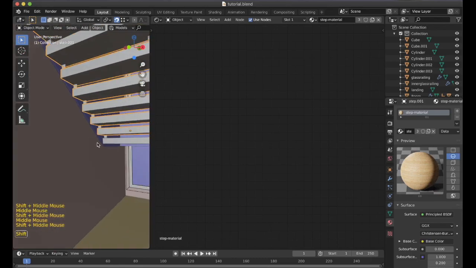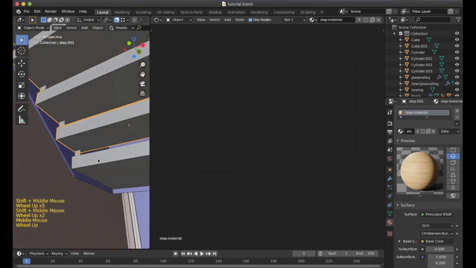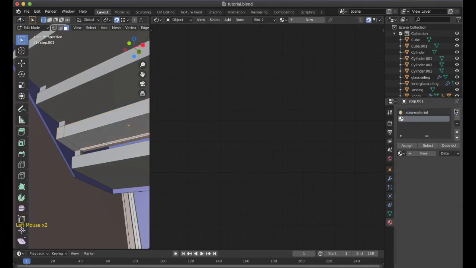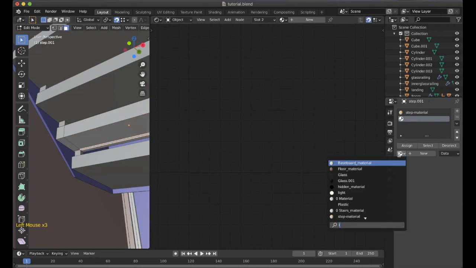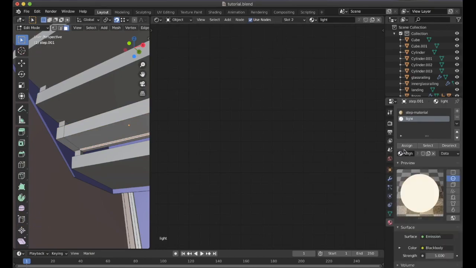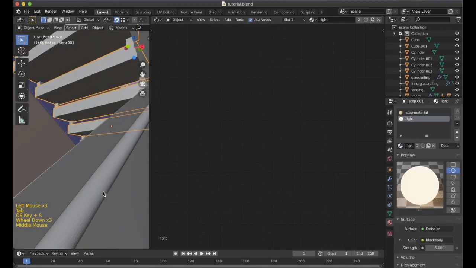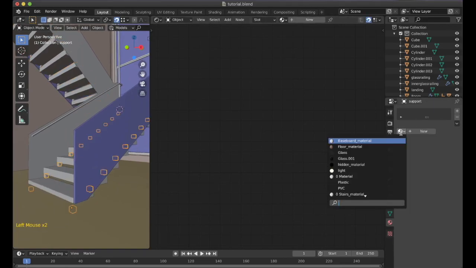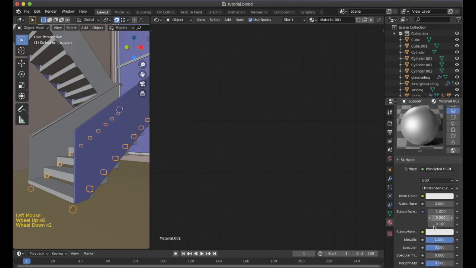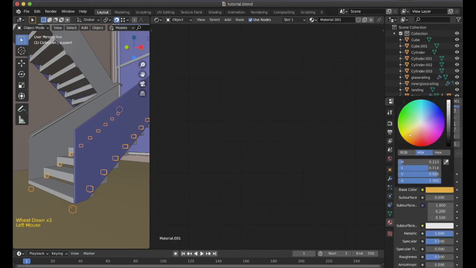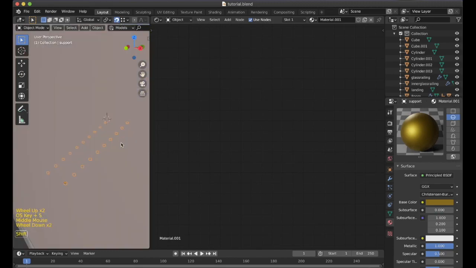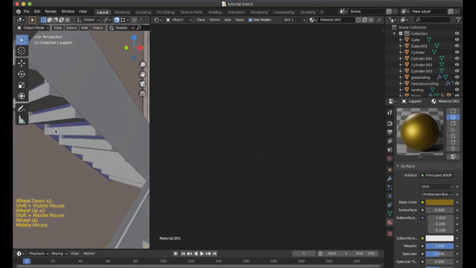Now to give the light material again I will just select this option over here, add a new material in the material list, and then select the light option and then hit assign this time. So this has basically been done. Now the next is the supports over here. These supports, I will give a basic metallic color to it, or maybe some shade of gold or bronze, somewhere in between. This will look fine. Similarly, it can be done for this as well. I will name it as support.